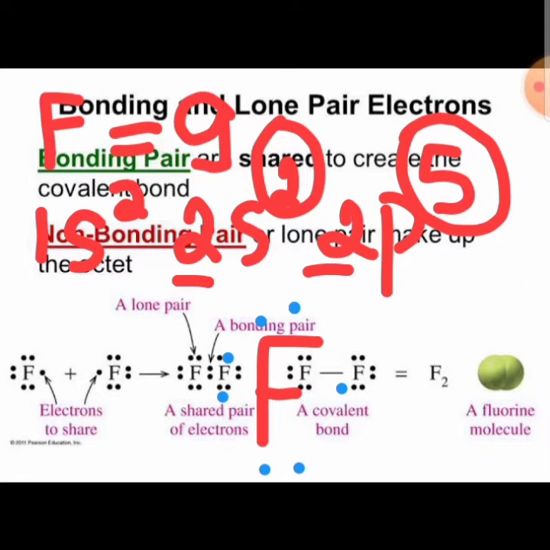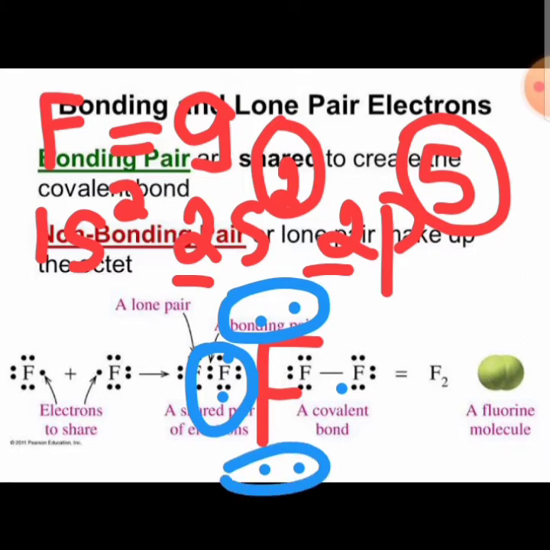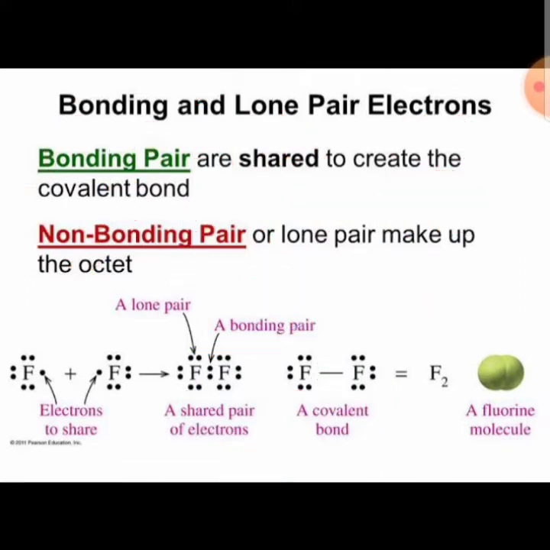Now out of these 7 electrons, 6 electrons form lone pairs. These are the lone pairs, which means they are not going to be involved in bond formation, and there is one unpaired electron. This one unpaired electron is going to be mutually shared with the unpaired electron of another fluorine to form a bond pair of electrons. So the unpaired electron of each fluorine atom is mutually shared to form a bond,